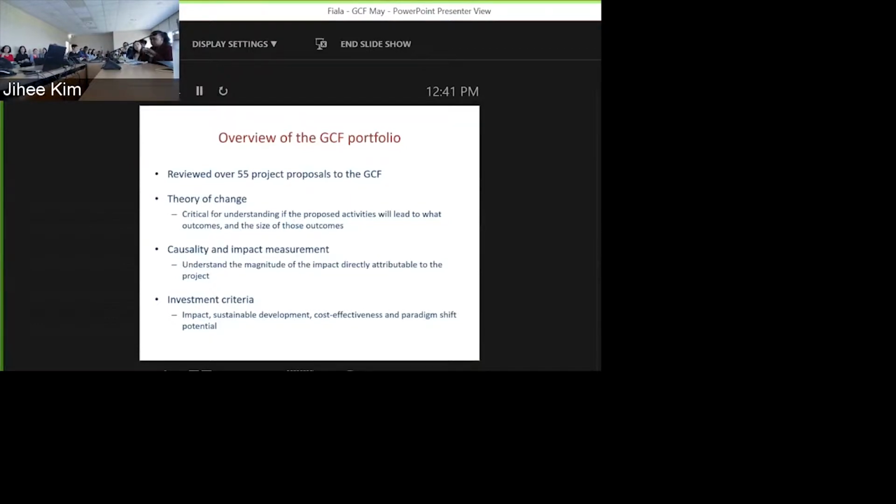but also understanding about a program whether we might believe the theory of change that we're actually writing down. And then, of course, I think most importantly for you guys, and this is something that I'm still a little bit ignorant on, so I apologize if this part of my talk is a little bit less focused for you, but there's the investment criteria. And this is obviously what GCF is especially interested in. All right, so understanding the impact, sustainable development, cost effectiveness, and the paradigm shift potential. All right, and so we're going to try and evaluate all of these things as best as we can.